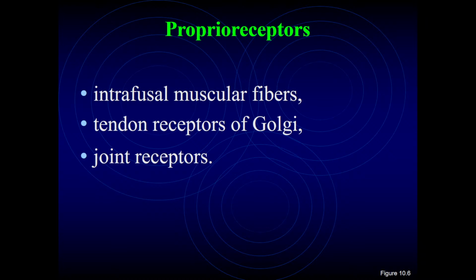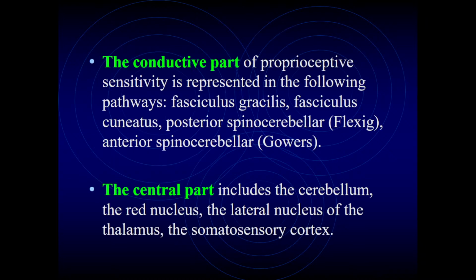They inform the central nervous system about the position of body parts in the space and relative to each other, and about the speed of movement. The conductive part of proprioceptive sensitivity is represented in the following pathways: